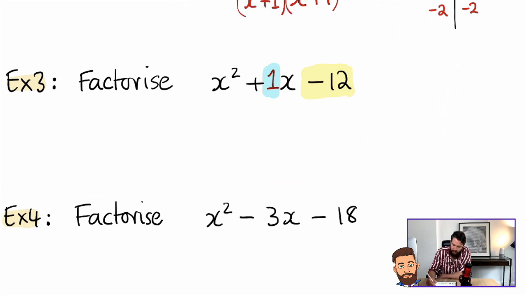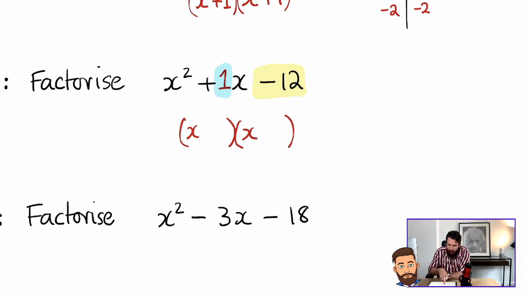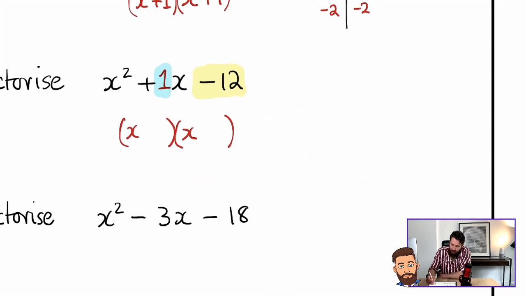So factorizing, we're going to have two brackets. We're definitely going to have an x in each one because x times x is x squared. Now we need to work out the numbers. So same method as always. Let's list the factors of -12. So this is where positive and negative understanding is really useful. If we list the factors of -12,